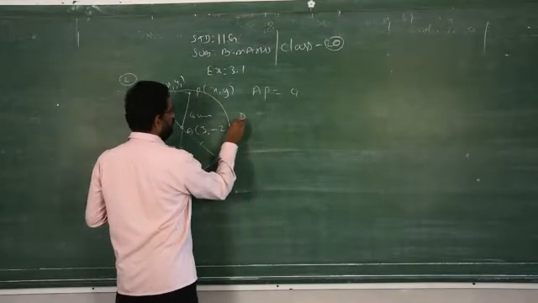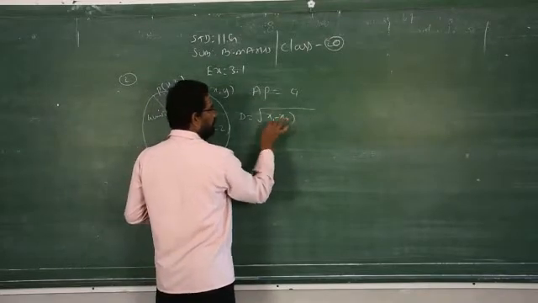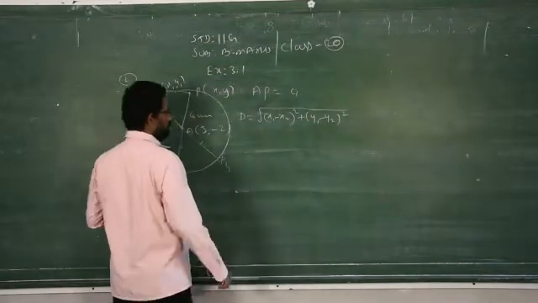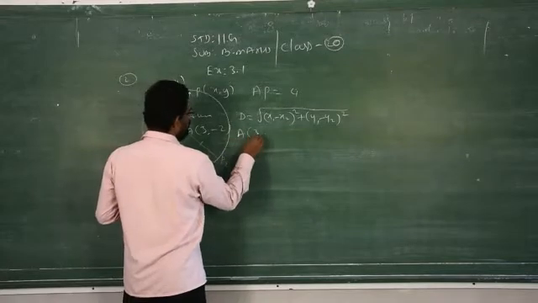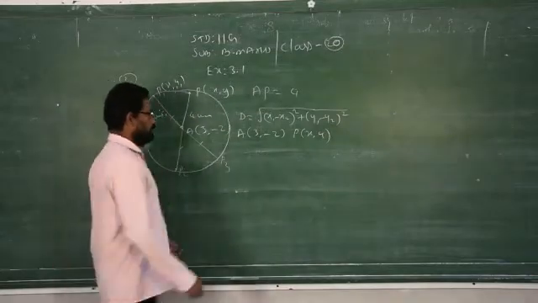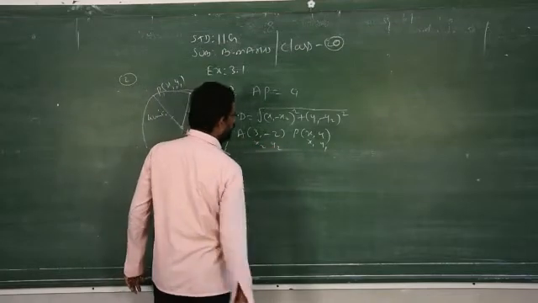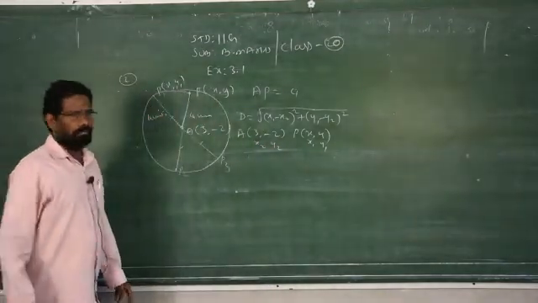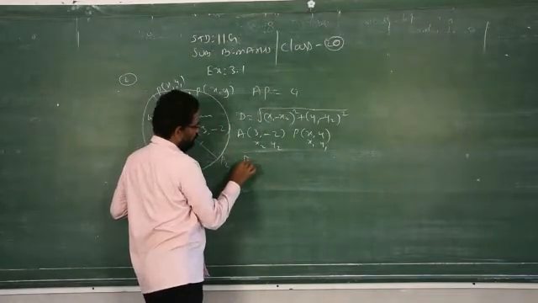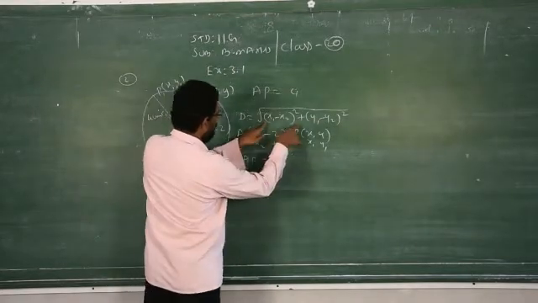So, now again the distance formula. What is the distance formula? D is equal to square root of x1 minus x2 the whole square plus y1 minus y2 the whole square. So, what is your A? A is 3 comma minus 2. P is x comma y. I told you to always take the moving point as x1 y1 and the fixed point as x2 y2. Then it will be very easy for you to simplify. So, you just have to replace the distance. Here it is given AP, AP is equal to 4. Now in the place of AP you have to replace this.